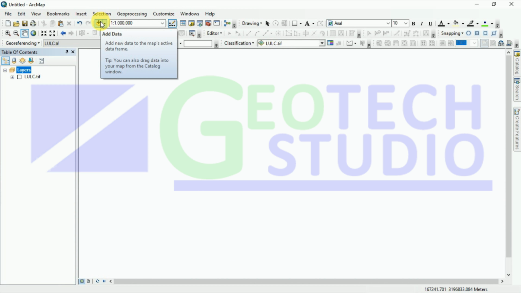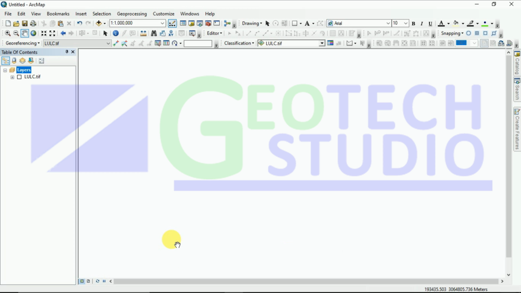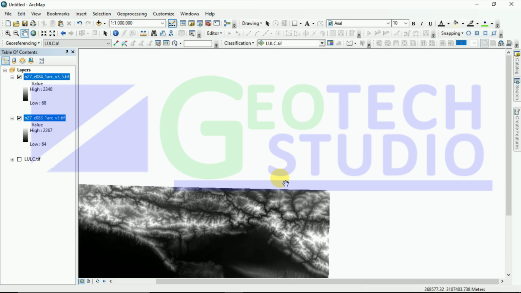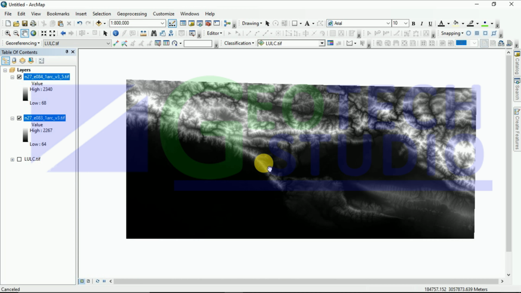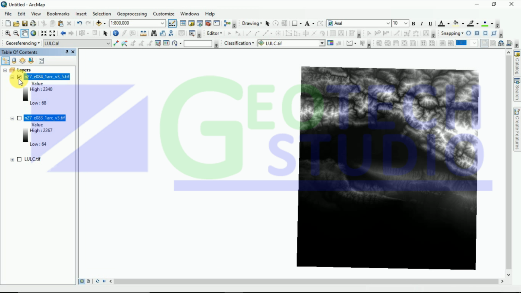ArcGIS. Here, what we have to do is go with the DEM file we have downloaded. I have downloaded it already. You can see I have downloaded my zone over here, so I am clicking Control on the keyboard, selecting the two DEMs and adding them to ArcMap. Now you can see we have two different tiles over here. We have to mosaic them first of all,